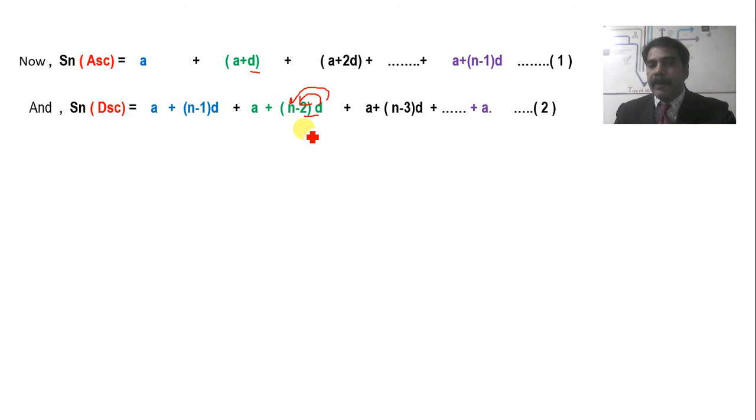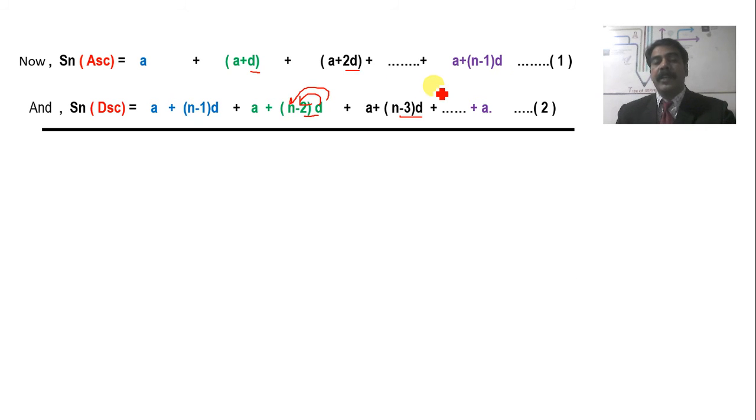So again we are going to get the same number, a plus n minus 1 into d being common there. Is that clear? Similarly here also, this 2d and this minus 3d, again on calculation will give us minus d. Here also the same thing will happen. Okay, so you can calculate it, just write it and try it in your notebook.